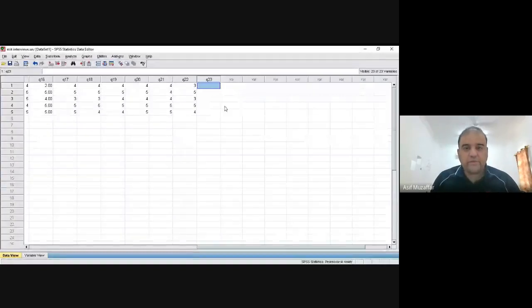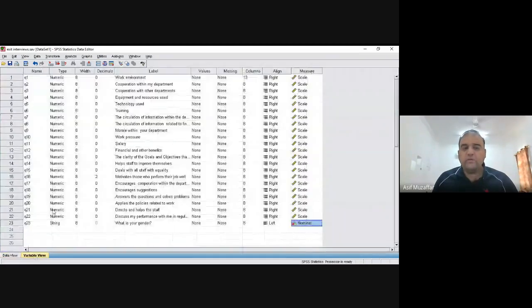Here I will enter the strings. Strings mean from my questionnaire, let's say the first questionnaire was filled by a male. Second one was by a female. Third one is also by female. Fourth one is by male. And fifth one is by female. You can see I can enter it. This is the nominal data which I am entering. So in this way, you will have mostly two types of questions in your questionnaire, either on interval data, which is 5-point Likert scale, or on nominal data.